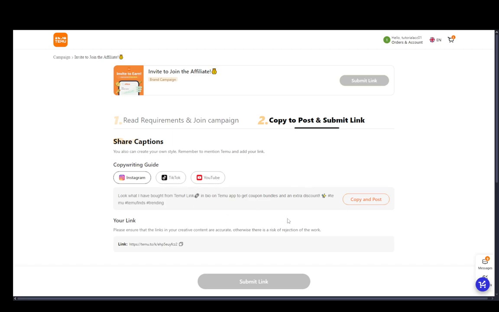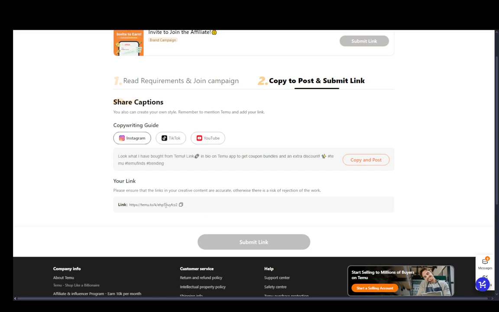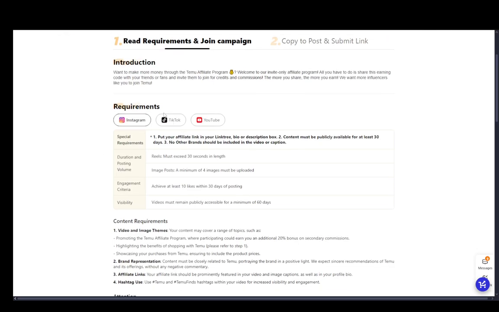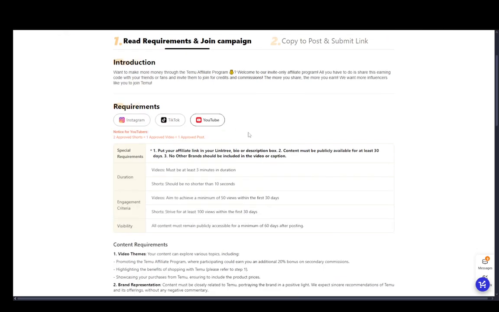And pretty much that's all you need to do. Click copy and post, and you'll have the link over here. And you can then submit the link, and you'll be pretty much set. And that is all there pretty much is to it. It is as easy as that. You just need to go through, make sure you meet all the requirements for the platform you're posting it on, and that